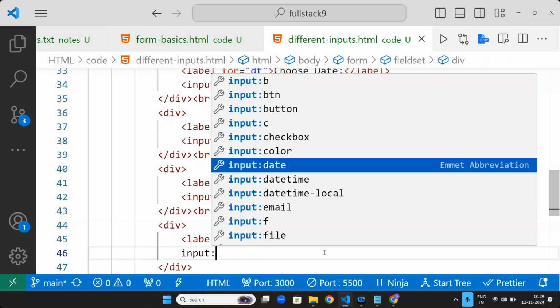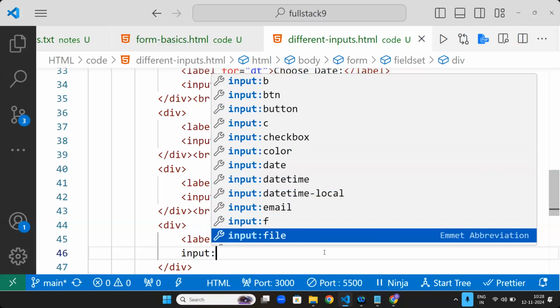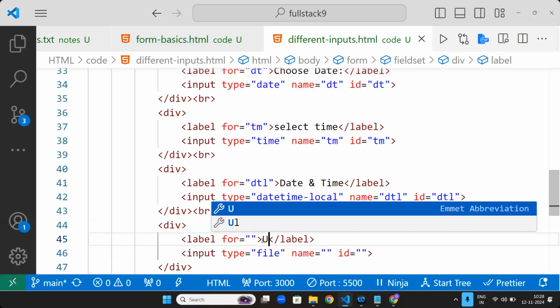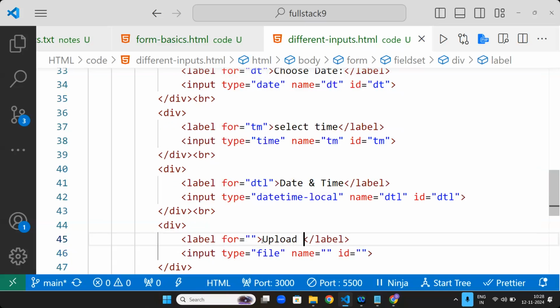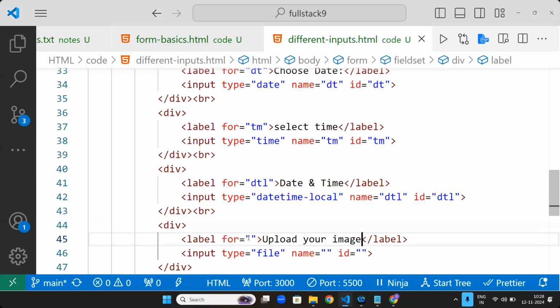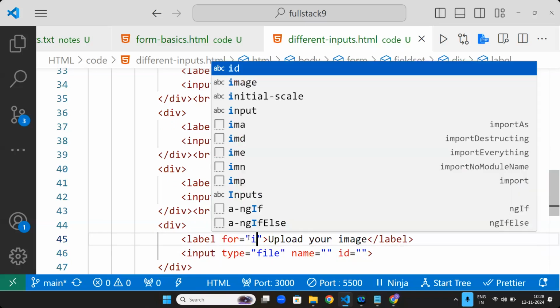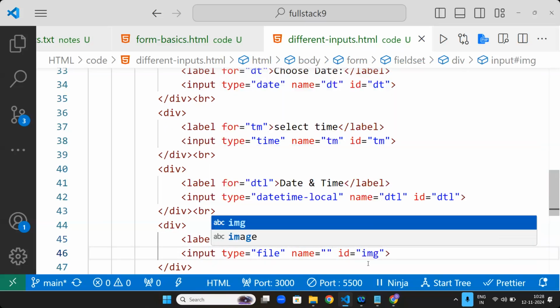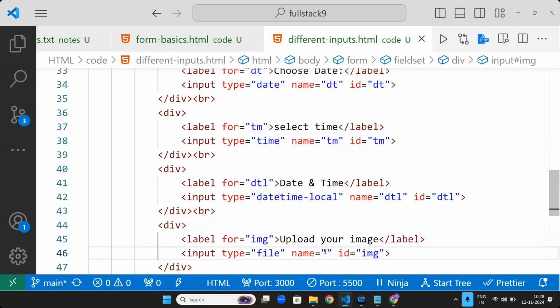File, upload your image, input file, img, name img.